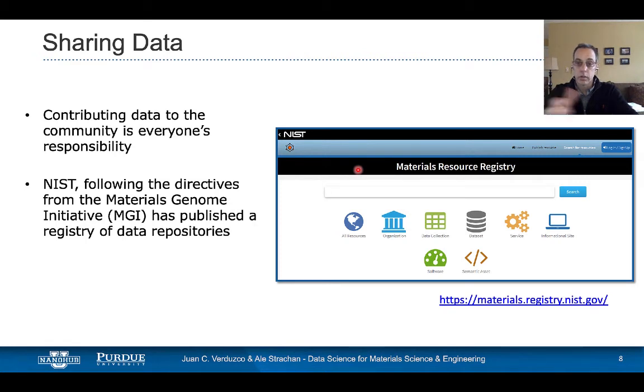The Materials Resource Registry shown here is a resource by NIST, the National Institute of Standards and Technology. It's a registry of resources, so you can go there and find the infrastructure that might have the data that you seek. So it's a very useful resource.